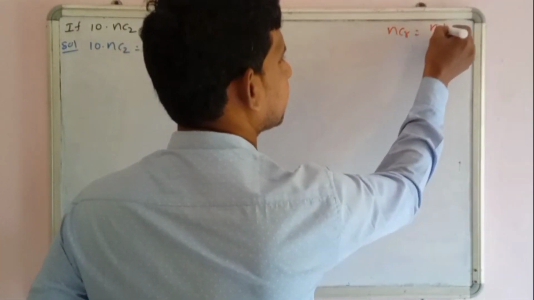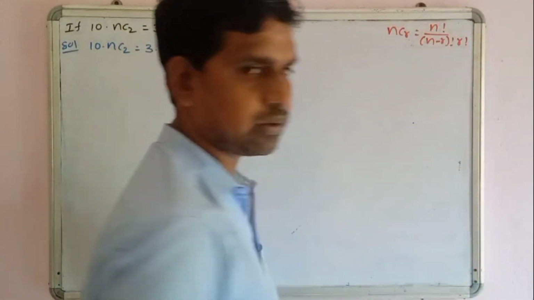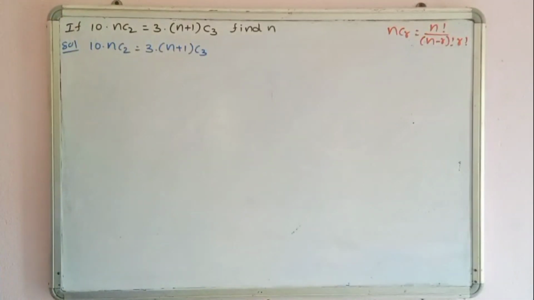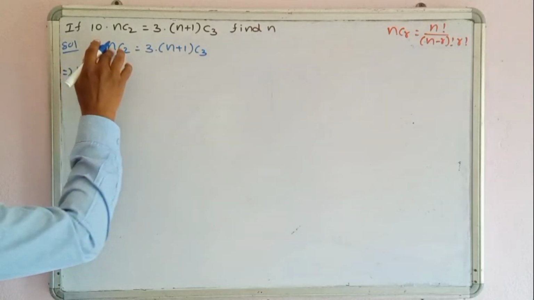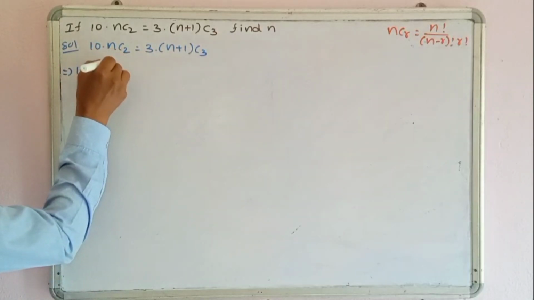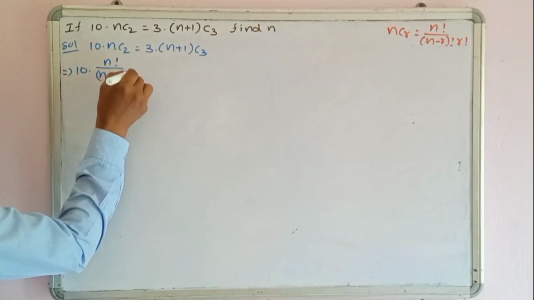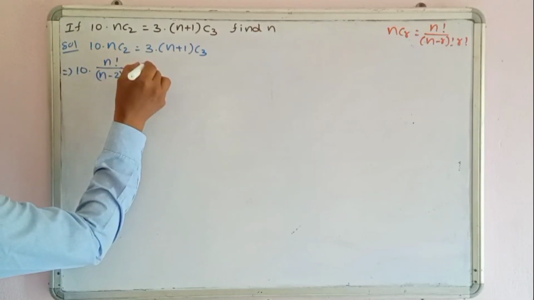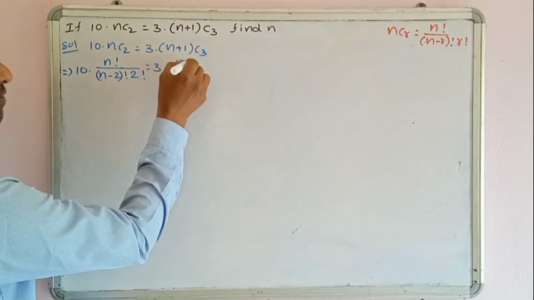NCR equals n factorial by n minus r factorial into r factorial. So 10 into, see this step, 10 into, this is how the form NCR. So n factorial by n minus r factorial into r factorial equals 3 into, this is NCR, n factorial